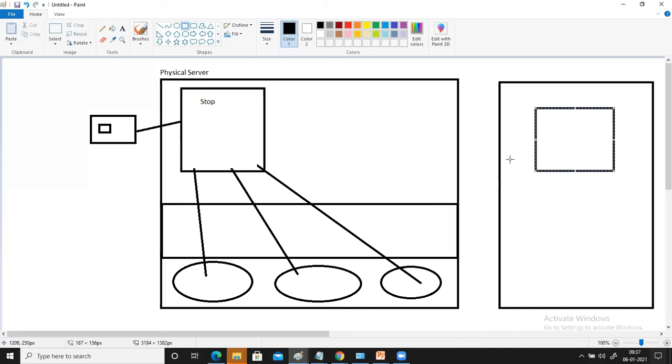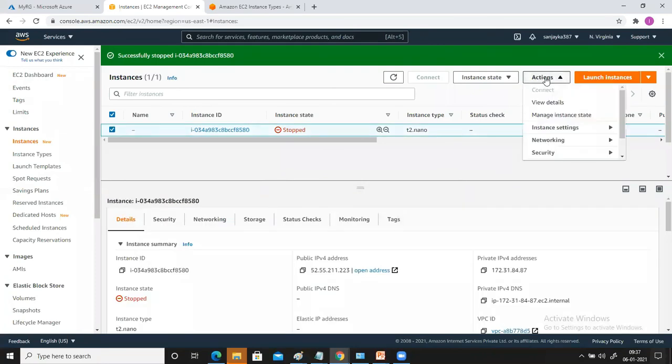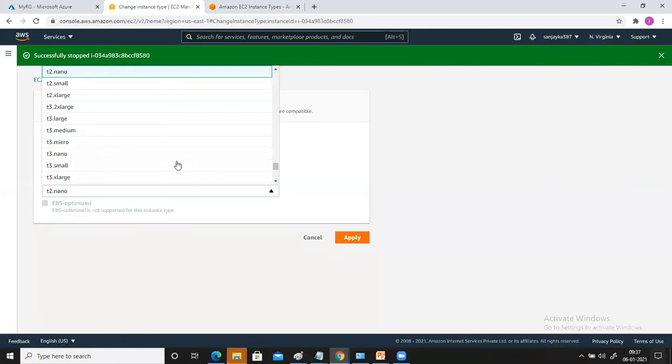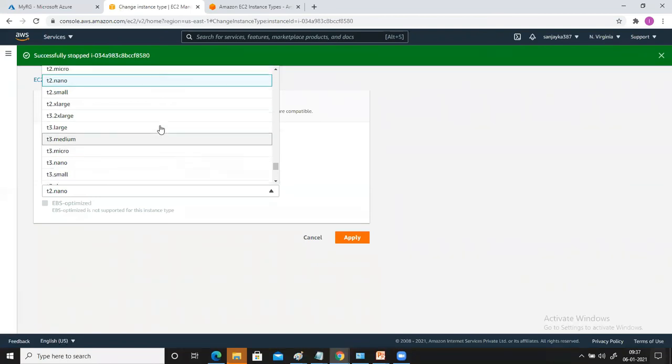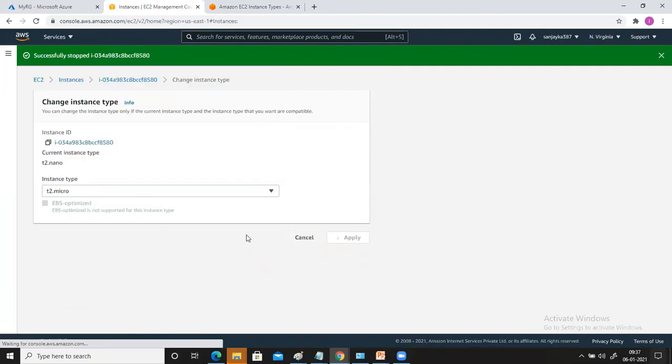So when I'm trying to change the instance type, why does it ask me to stop that virtual machine? Because first, whatever is attached to this one has to be released. Now I have to change the instance type. Go to Action, select the EC2 instance, go to Instance Settings, and change the instance type here. From this list, you can select the instance type you want. Let's say I'm going to set it as a T2 micro, and apply this.